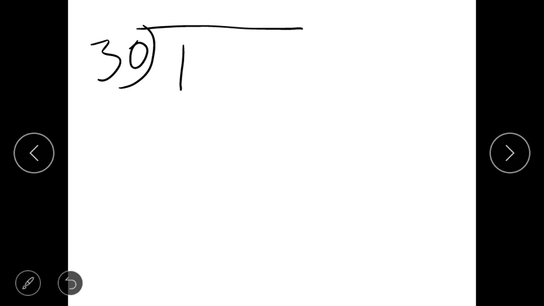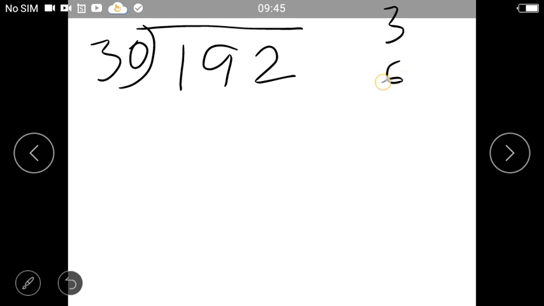So I am taking one example, that is 192 divided by 30. Now here you have to read the table of 30. Okay. So 30 table means you will be thinking, teacher, how to read the 30 table? It is very difficult. It is not difficult at all, children. You can do it in this way also. 30 ones are 30, like the table of 3. 3 ones are 3, 3 twos are 6. So you have to just put the 0 in front of that.